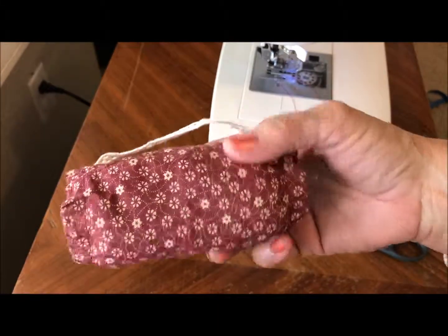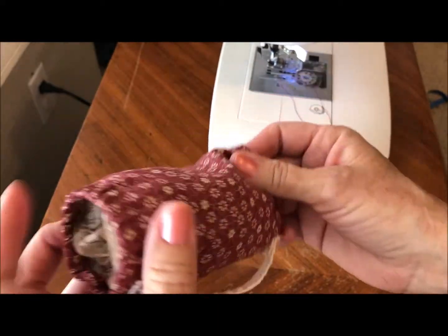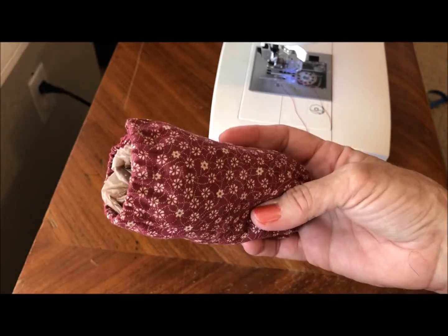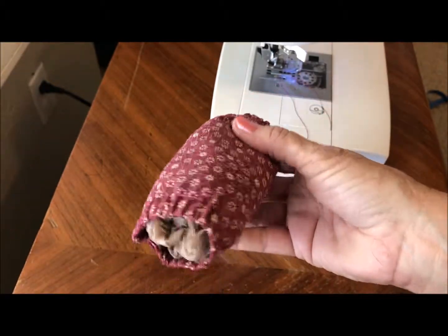But just for hiking around or keeping in a trunk or something like that, this is pretty handy. You can use it for grocery bags or anything else you like. So experiment with it and let me know if you have some other